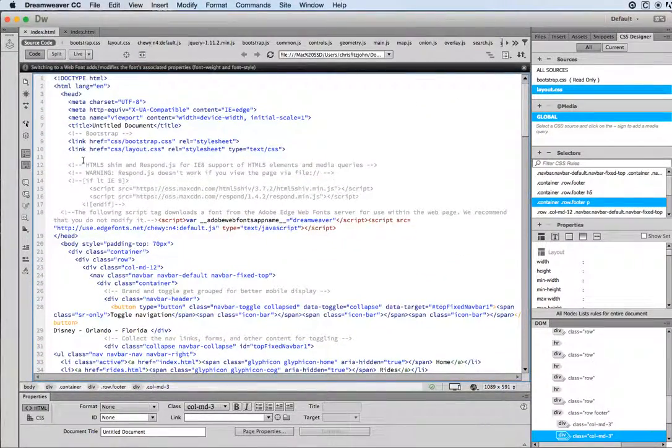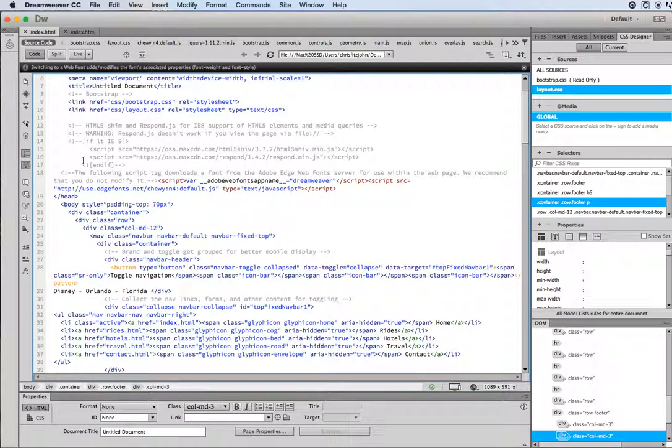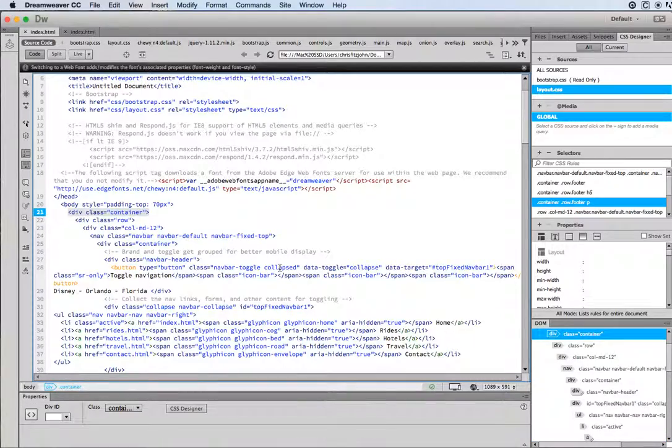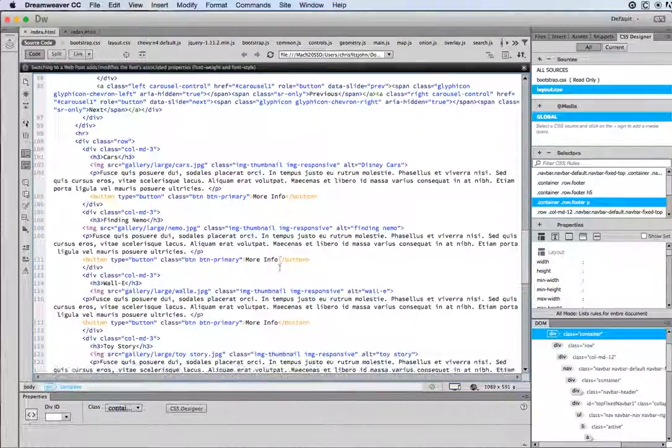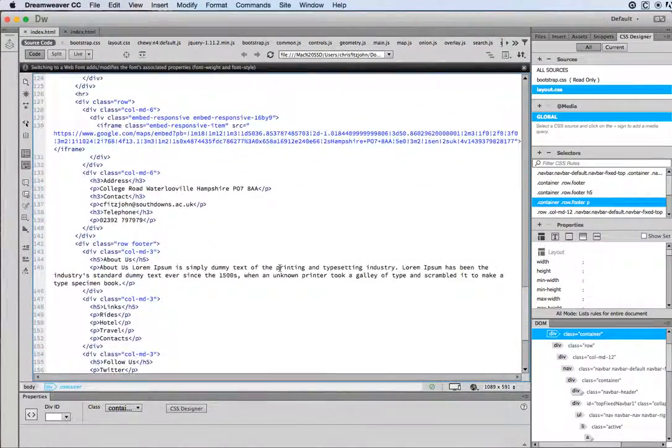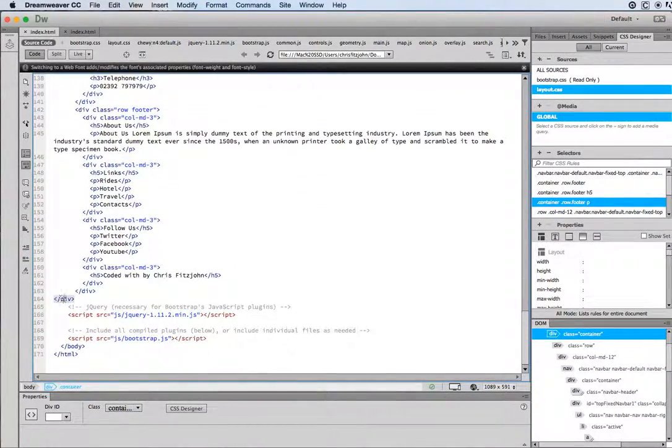So if I go all the way to the top of the page and then look for the opening container div, which is this one here, so if I click on that and then scroll all the way down to the bottom, you'll see that the closing div tag for that container div is right down here at the bottom of the page. Well, what I need to do is take my footer div out of that container div,